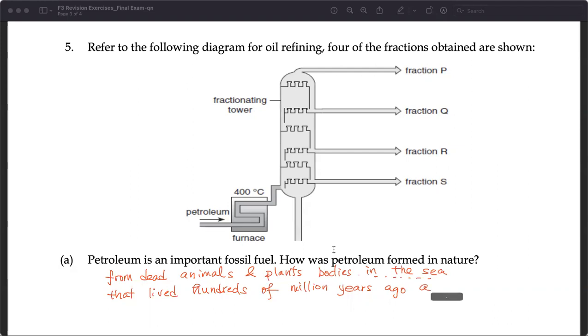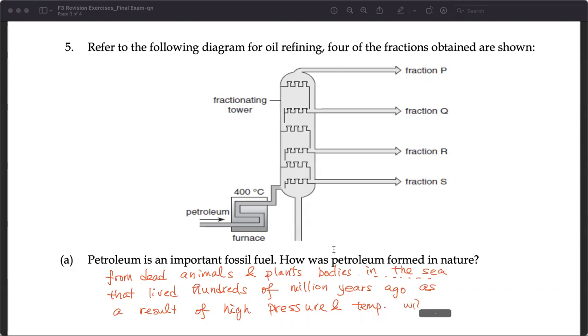As a result of high pressure and temperature